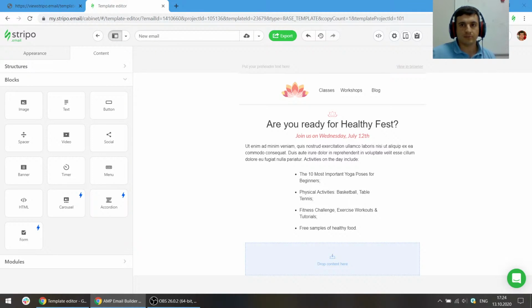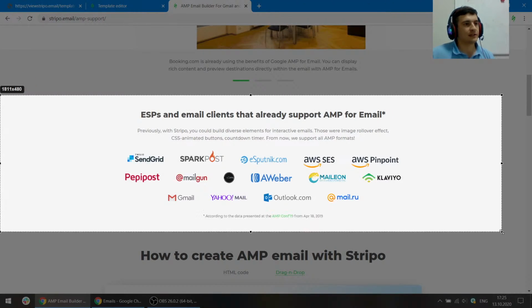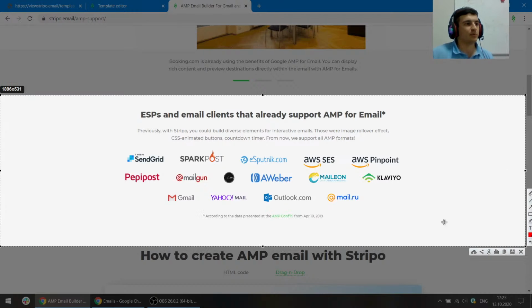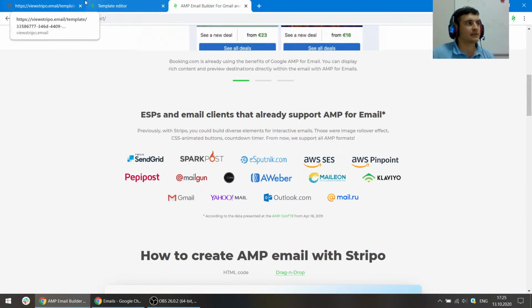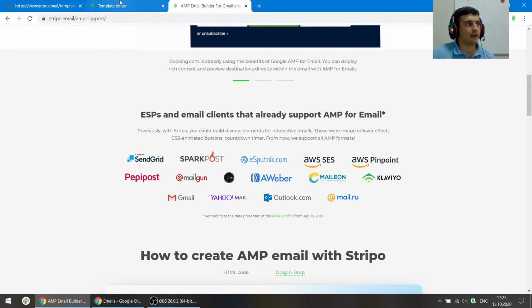Don't support AMP emails. So here is a list of email services and email clients that support or partially support AMP emails. In other services, you won't see AMP elements,